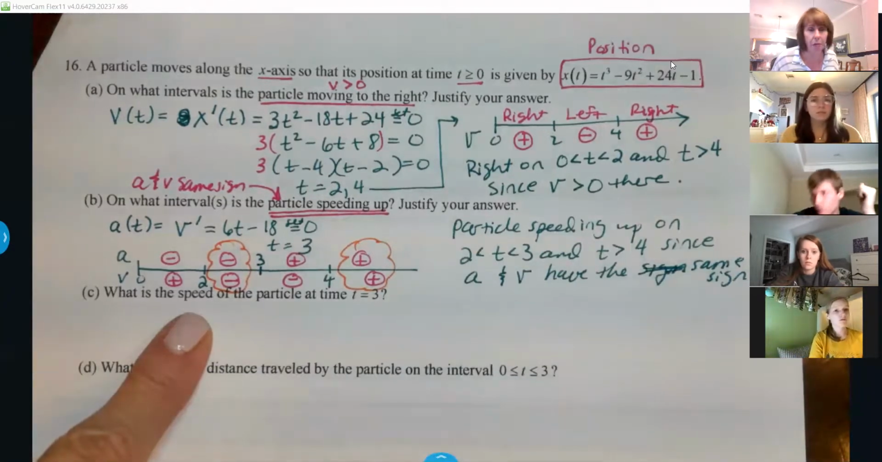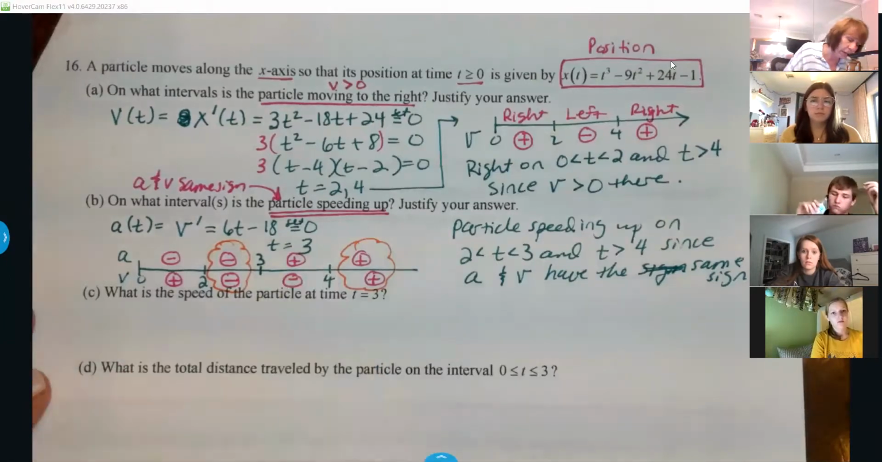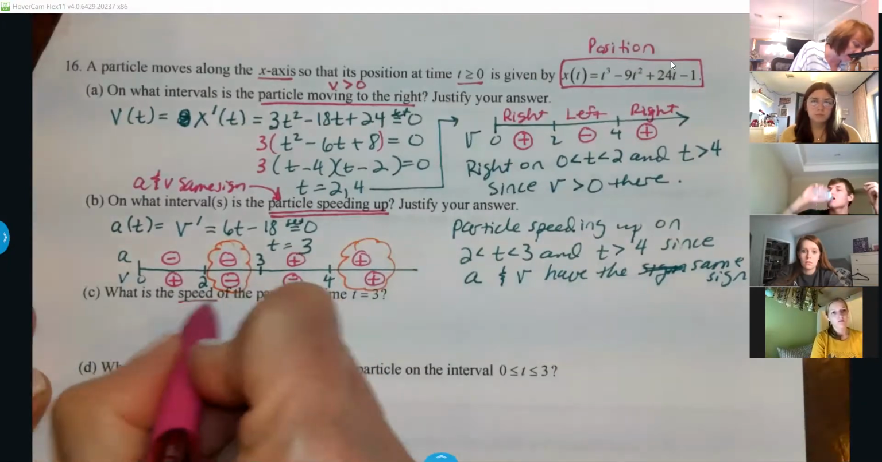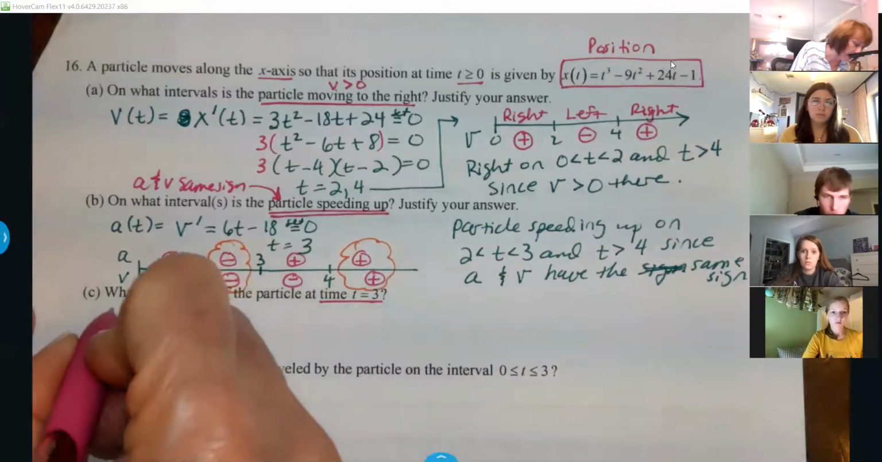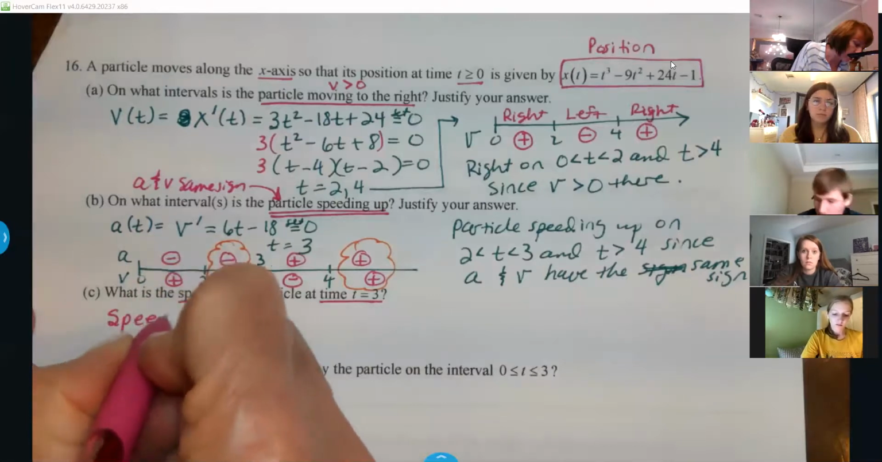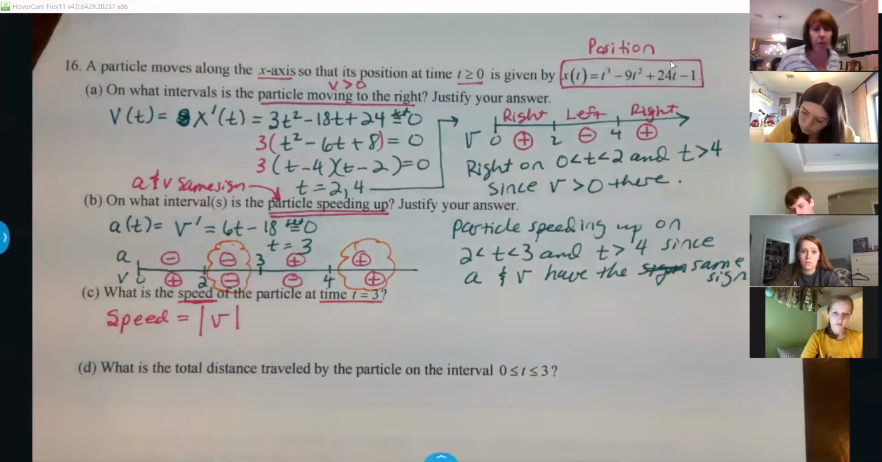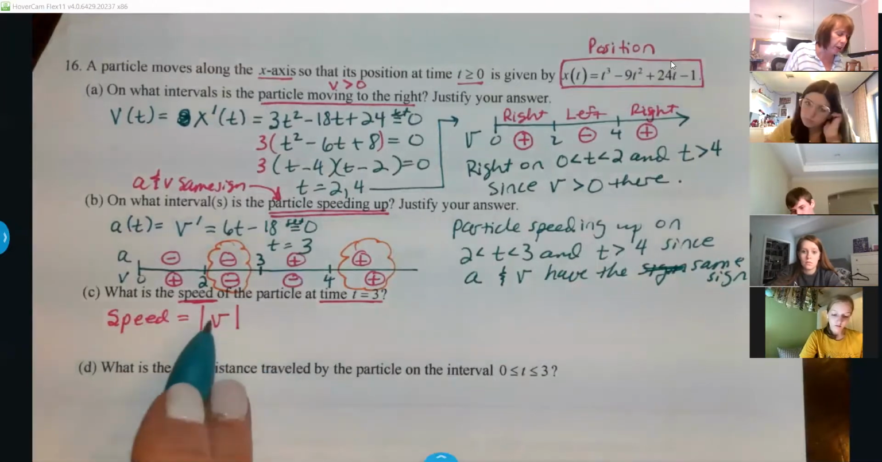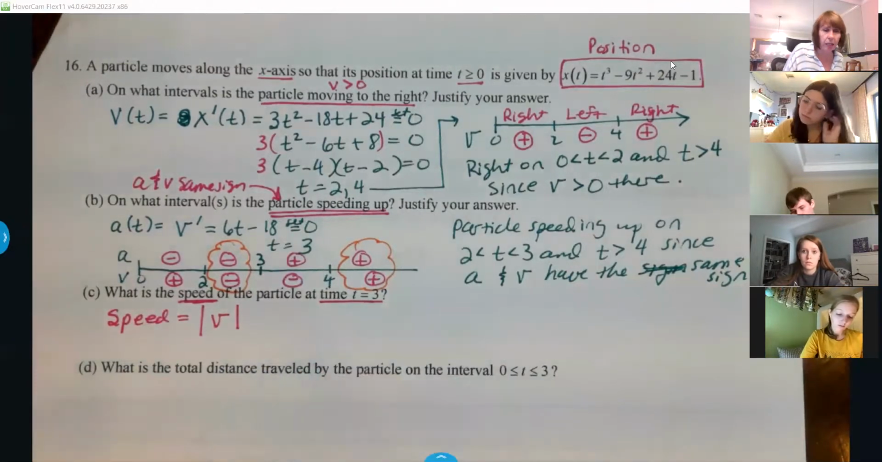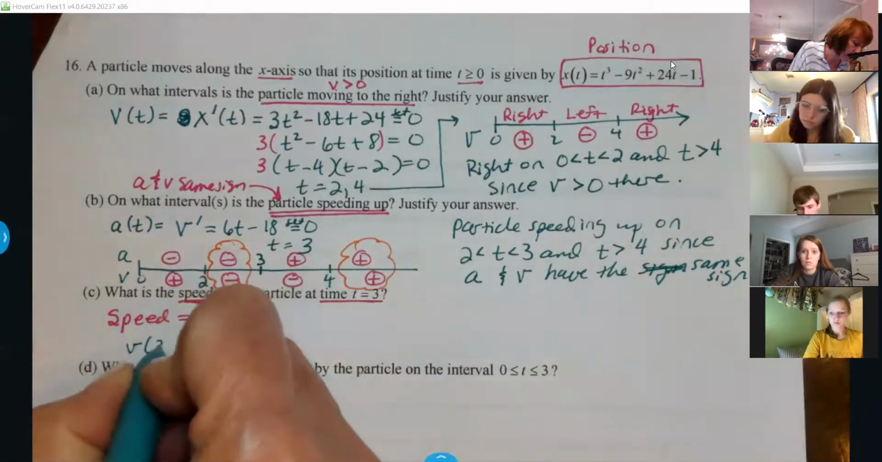Speed at time 3. Well, again, I need you to know this. Speed is the absolute value of velocity, always. So all I need to do is find the velocity at time 3 and take the absolute value of it. So velocity at time 3,